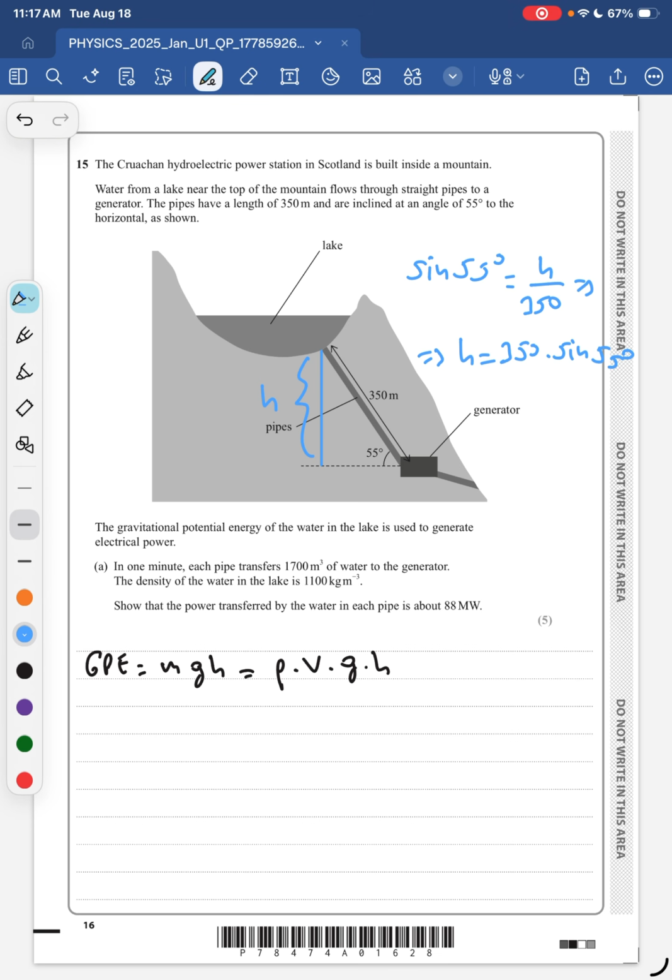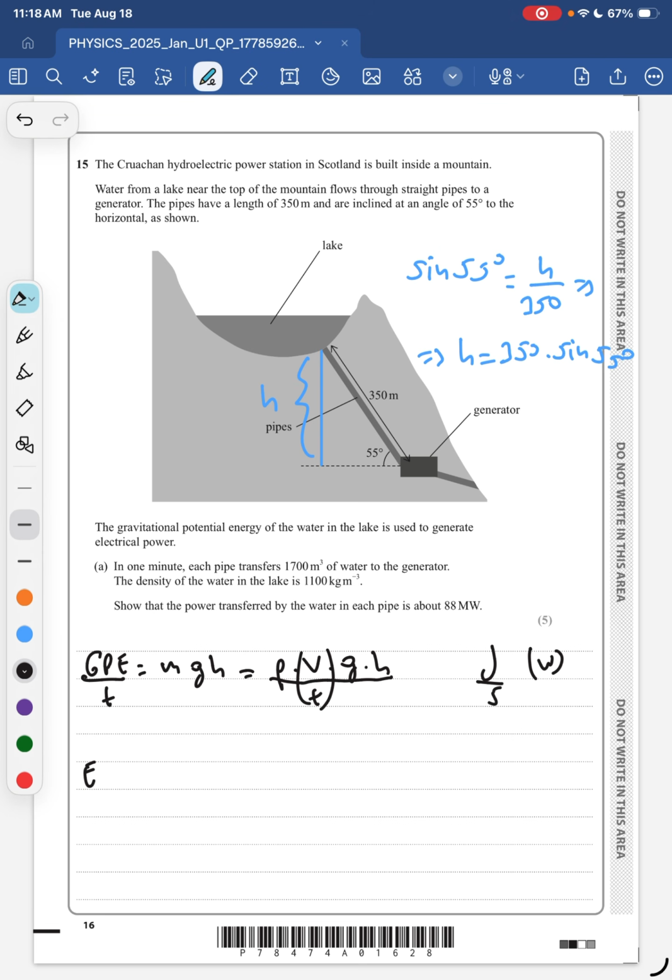And in fact, we are not given the volume per se, we are given the volume per minute. Okay, so if we divide the GP by time and the volume by time, we get a quantity that has units of joules per second, which is watts. Okay, so that's the quantity we actually need. I hope this makes sense. Okay, so